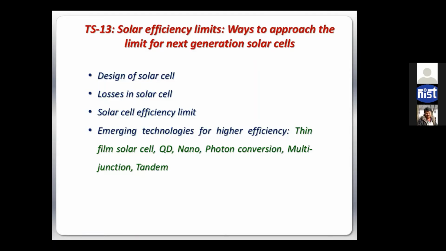Just to recapitulate, in last class we discussed the fundamentals of semiconductors, what the world energy scenario is, why we are talking about green and clean energy, and what role photovoltaics can play in that aspect, and all the other fundamentals like absorption, transmission, and transport of carriers. Then we slowly discussed the PN junction, the depletion region, and how a PN junction behaves under light, basically the solar cell characterization, right?